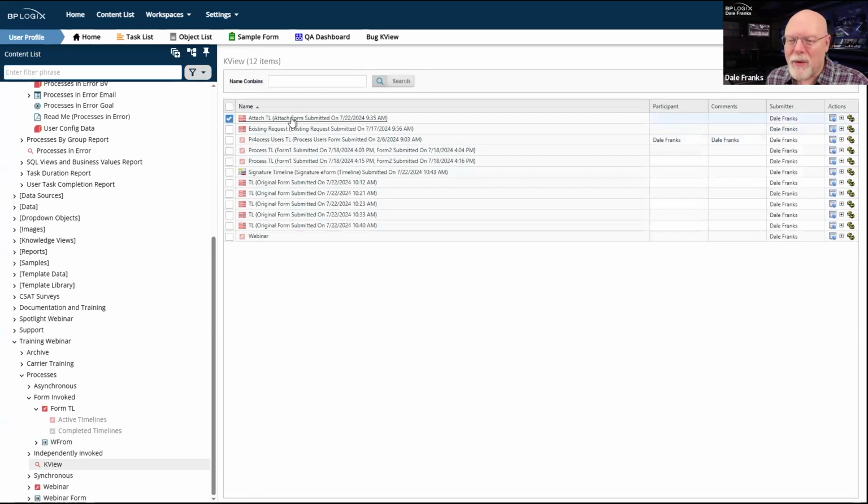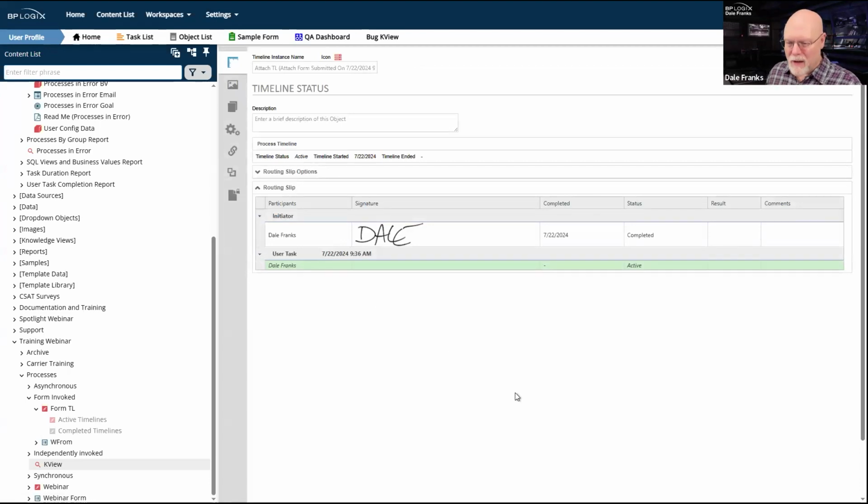So when I click on this, it's going to take me to the property itself for the timeline instance. Now, here's the thing. There's no form associated with this timeline. And that's true of a lot of the processes I run. There's a lot of times when we're talking and I just run the process and we just kind of look at how the process works. There's no form. And this is one of those cases. Also, a lot of times I go back and I delete a lot of stuff, and I might delete all of the form instances, but not delete the timeline instances. So I've got orphan timeline instances that don't have forms.